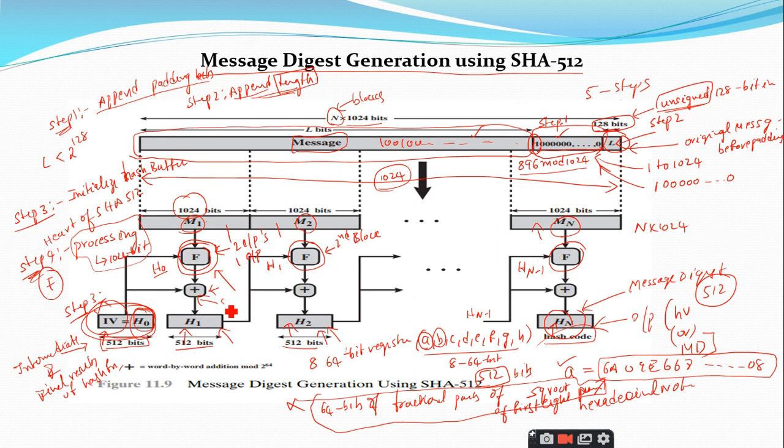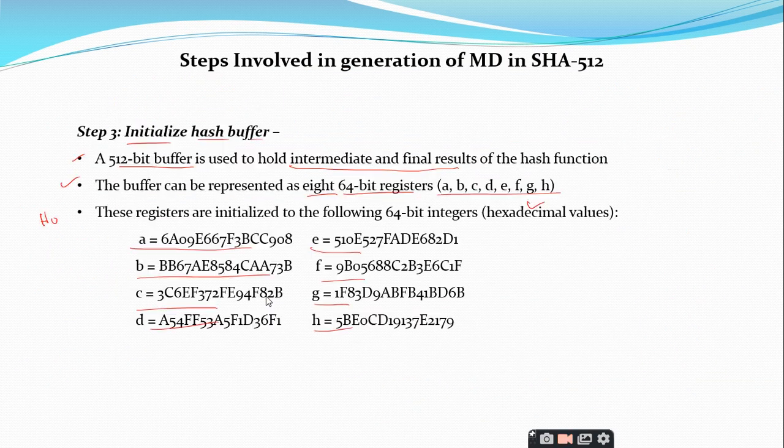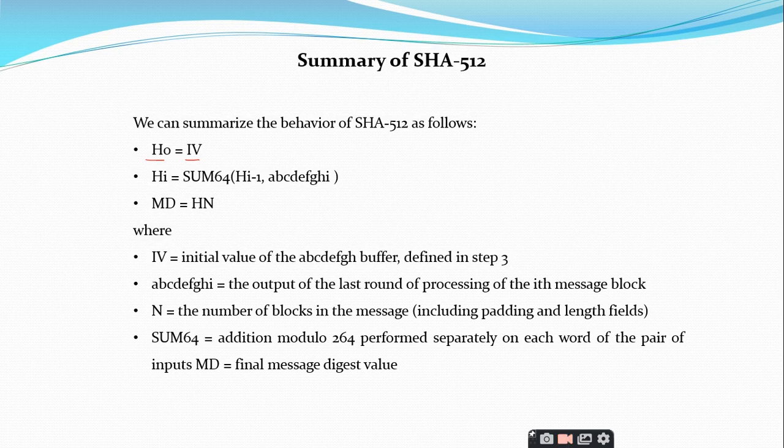By making use of this function, sum of 64 of H(i-1), comma, A B C D E F G H. So, the output of one round is equal to the modulo sum of 64 of H(i-1) followed by A B C D E F G H of i, where i is the subscript for the ith round. And the message digest you get is the H subscript n, the last one,